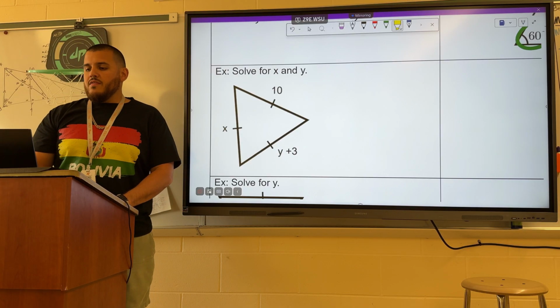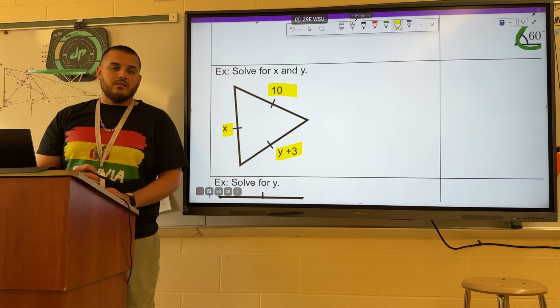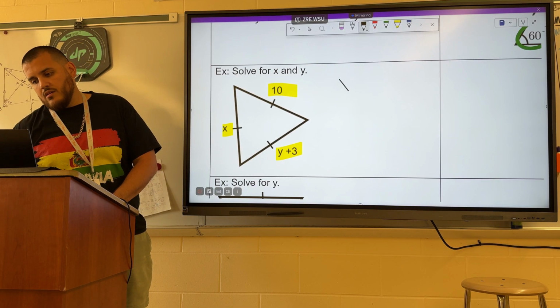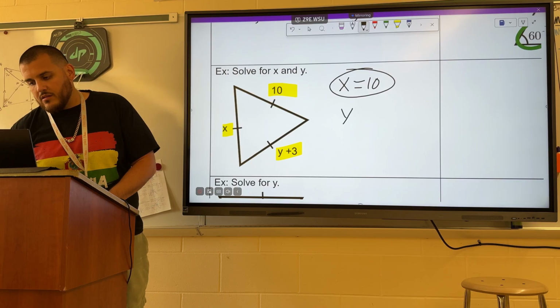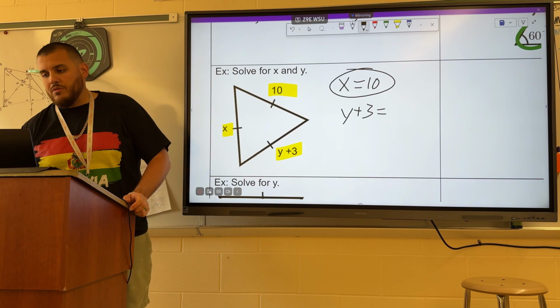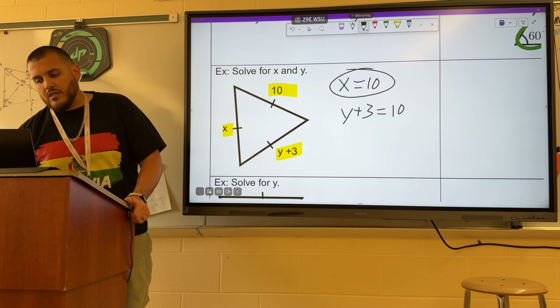Since I know that this side is 10 units long, I know all the sides need to be 10 units in length. So this side is just x, therefore x has to be 10, because I know the sides need to be 10 units long. This side is y plus 3, and I know all the sides have to equal 10, so y plus 3 must also equal 10. I can subtract that 3 from both sides and figure out that my y variable is